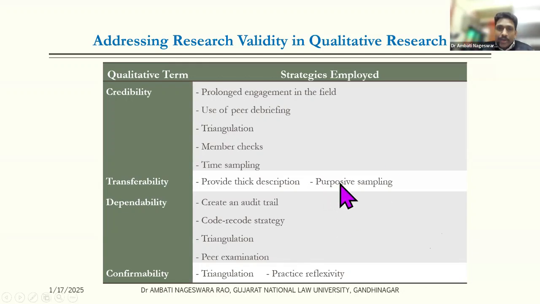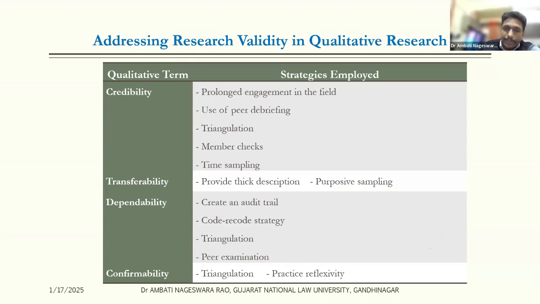It's not that 100% you have to use purposive sampling. Here, the purpose is that you have collected data from the right candidate. You have collected data from the right respondent who has a good amount of knowledge, who can give the right information for your research questions and research objectives, so that you are able to discover the knowledge that you want to collect. Right?